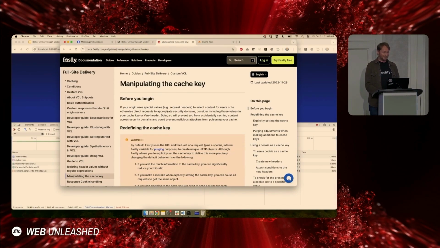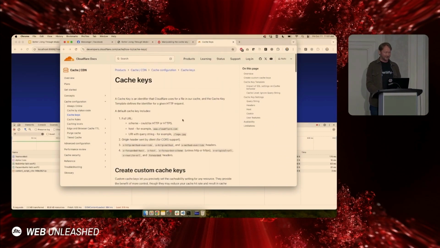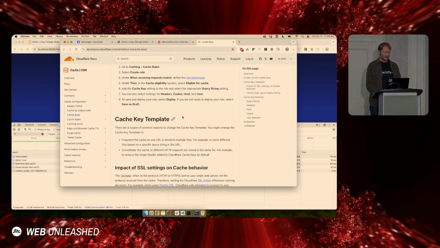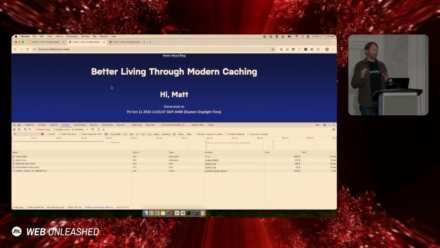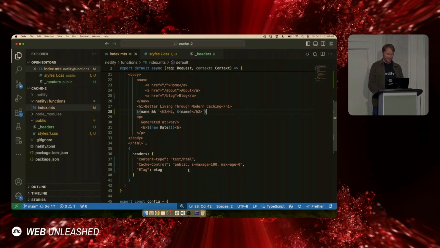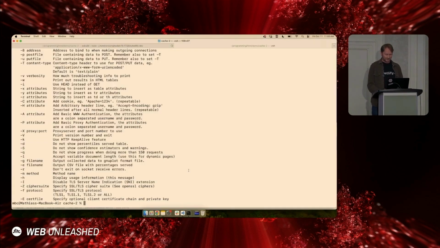Most CDNs will give you ways of manipulating them, like cache key, page rules, and settings, and so on. The challenge here is that it requires you to know your whole URL space up front and understand, when you configure that, which pages should vary around which query parameters and so on. So at Netlify, we kind of invented a new simple convention for this. That's Netlify vary. It lets me say here, I want to vary the cache key just based on the query name parameter. I can set that, and now, if we go and deploy this,